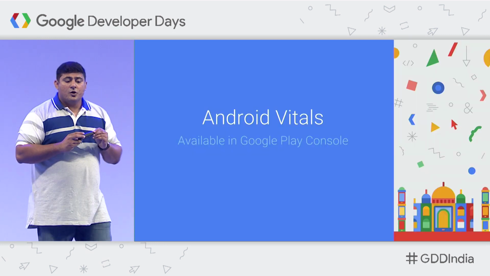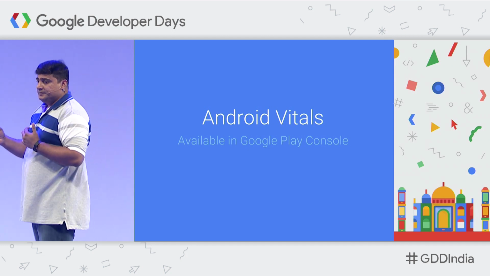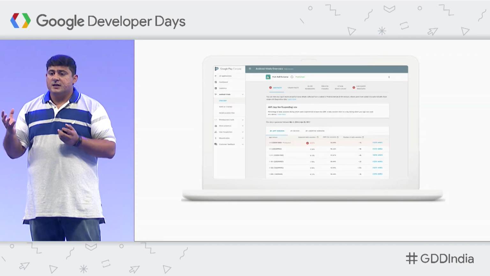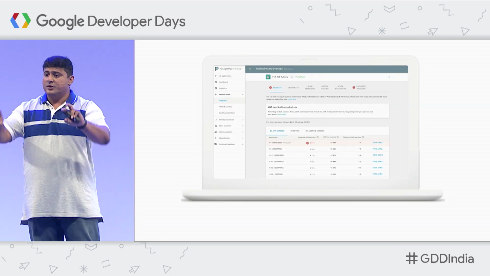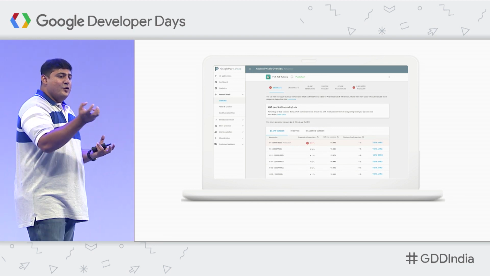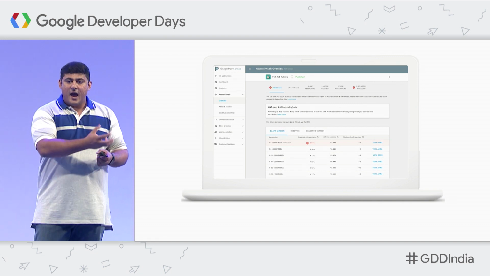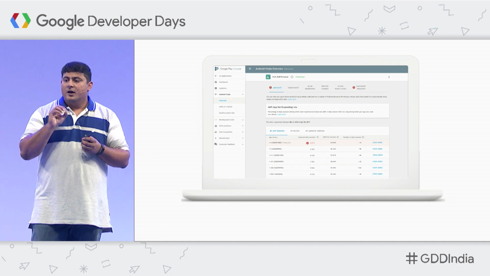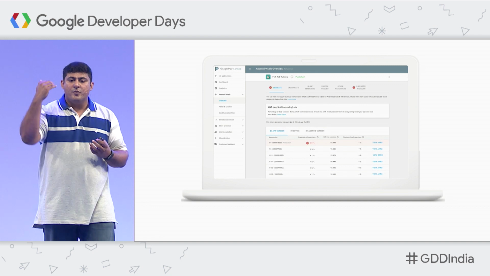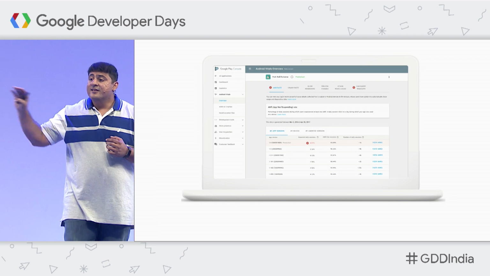The last section that I want to call out is Android Vitals, which is part of the Play Store. Here, we have visualized a few of the parameters that are in the real world. Your app is out there, being installed and used by a lot of users. And if you look at these users, how is this app behaving on their devices? That data is collected and given to you in the Play console. As a developer, when you sign into the Play console, you can go into the Android Vitals page, and you would see things like ANR rate and crash rate in the real world.